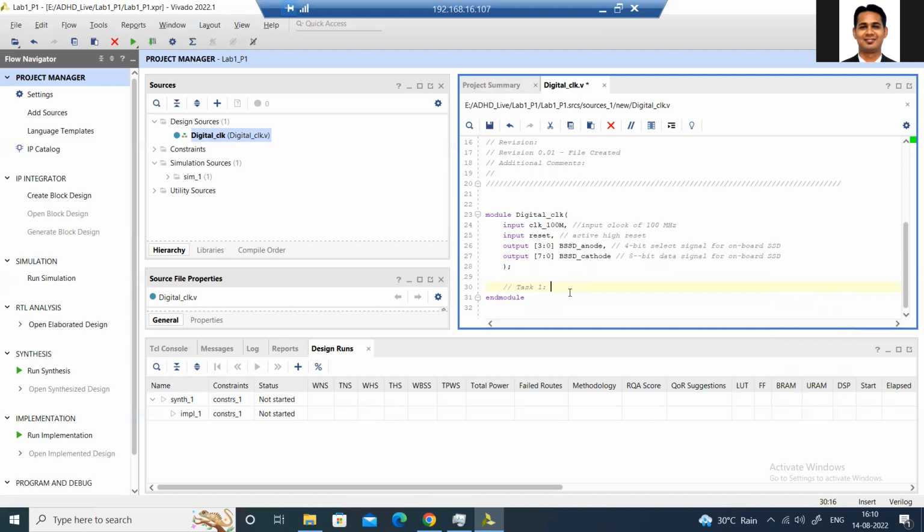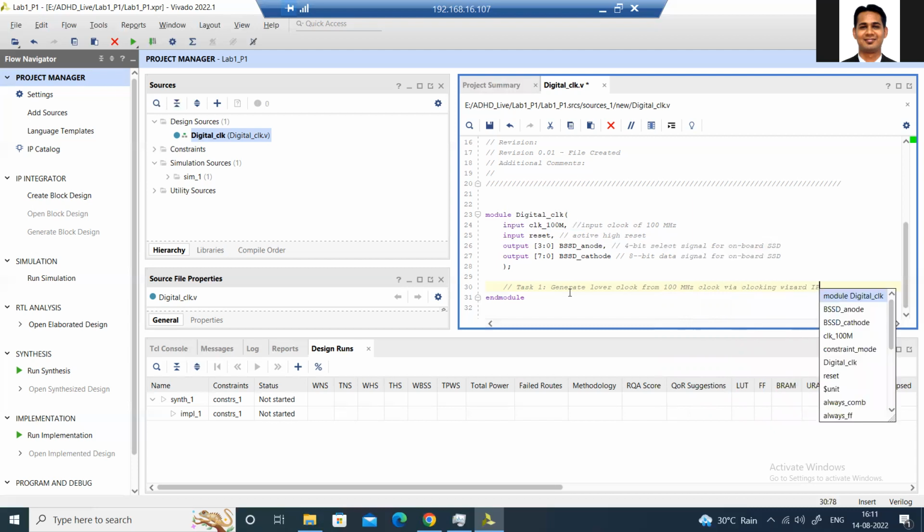And from that lower frequency, we'll generate the 1 hertz from the RTL Verilog code. So first task is to generate a lower clock from the 100 megahertz clock via clocking wizard